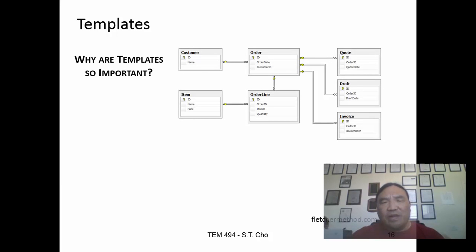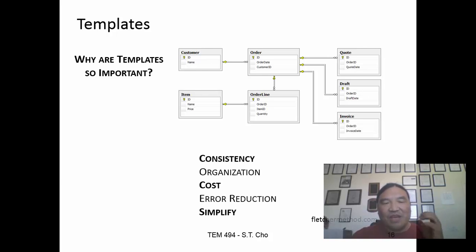So, when a customer comes into a CRM system, internally I have templates showing where there's a flow. And why are those so important? They're so important because I get consistency. Every customer is pretty much treated the same. It saves me cost when I have processes that are repeatable, that I know work. And not only that, it simplifies the process. Again, you have inefficiency if you're sitting around going, oh, what is it that we're supposed to do next?